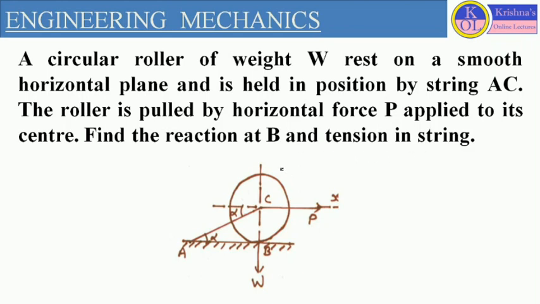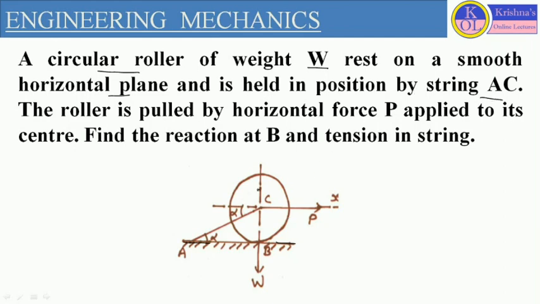So here we are considering one circular roller. So here this circle is representing the circular roller and it has weight W. So weight of this roller is W and this roller is resting on a smooth horizontal plane. So this surface is representing a smooth horizontal plane and the position of the roller is also given. It is resting on this particular horizontal surface and this surface is stationary, and this roller is also positioned by